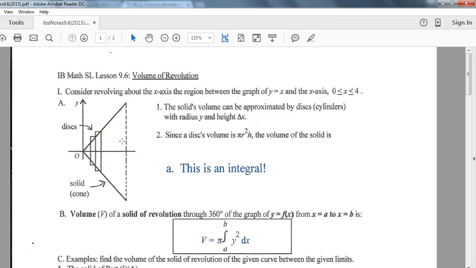360 degrees. And there's a little background explanation that you're seeing right here. I'm not going to go too into depth on that. What you really need to know for this section is this formula right here. So we are still dealing with doing the integration process, a definite integral from a left bound to a right bound. So a little extra thrown into this formula because we're dealing with the volume of a solid is to square our function and multiply it times pi, and this pi will come in at the end. Just like any other constant, when you're doing an integral, you can pull out the constant and save it for